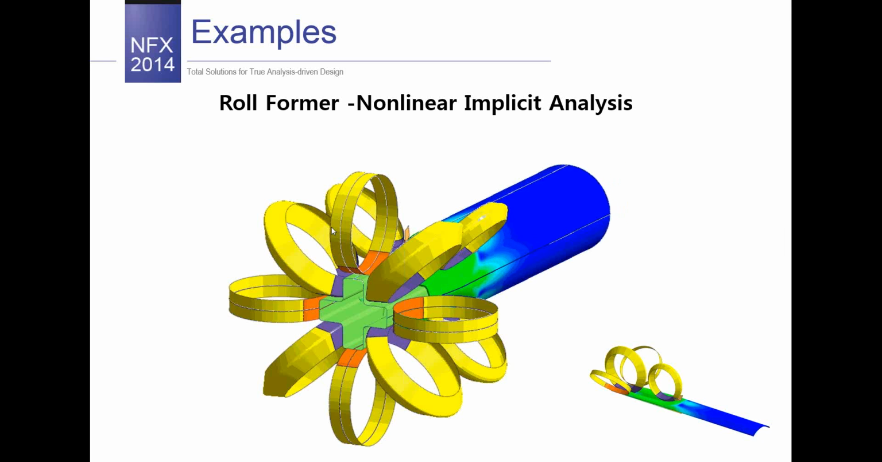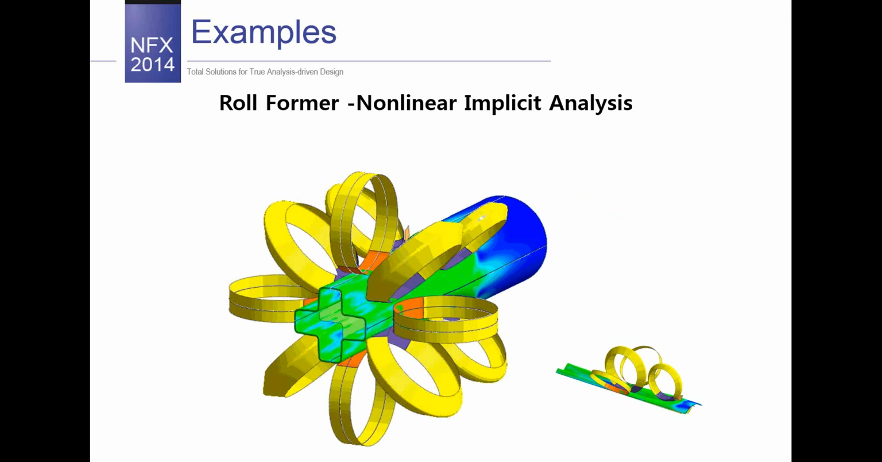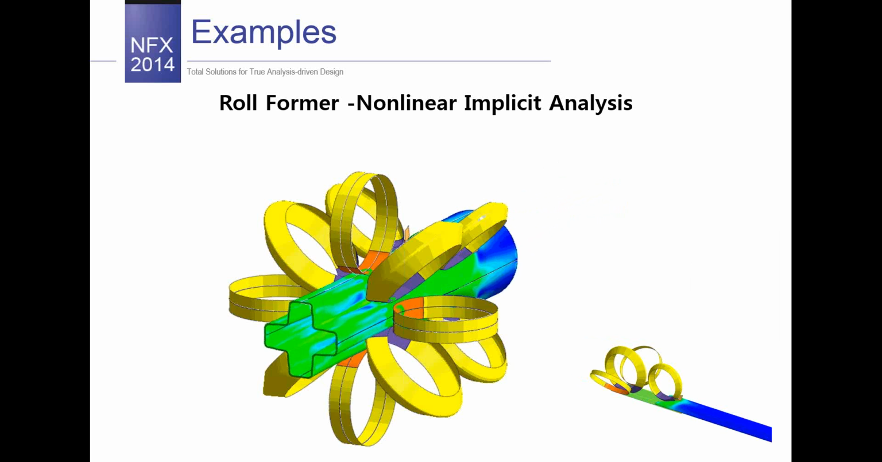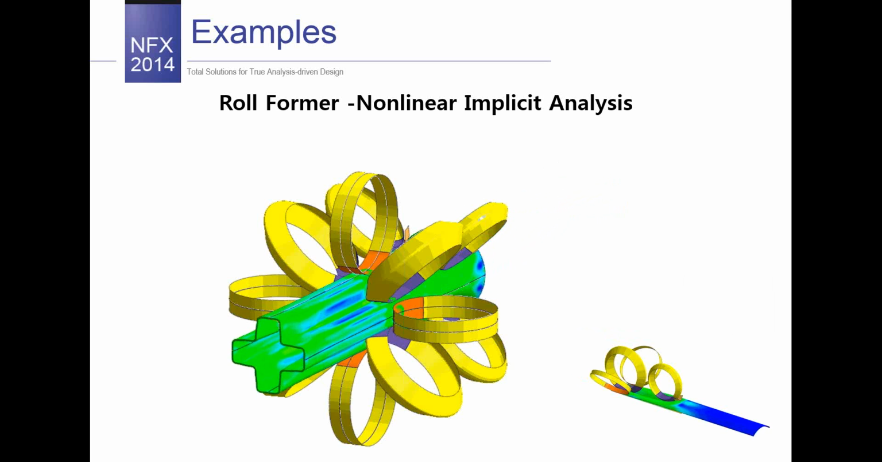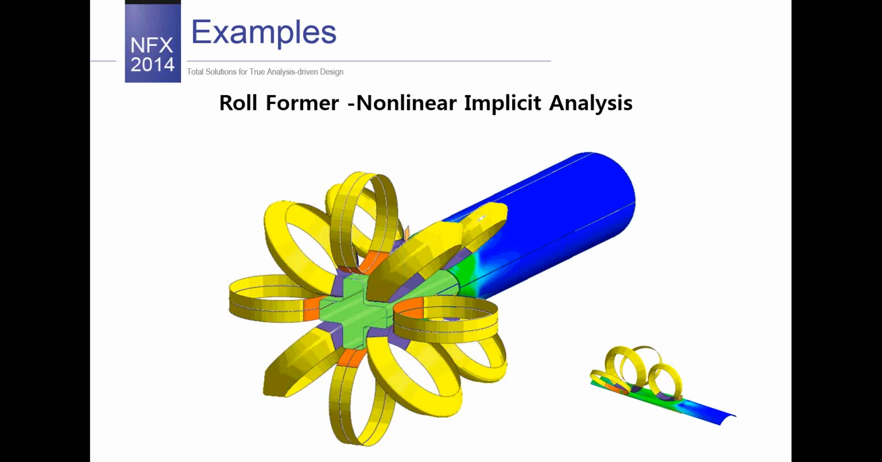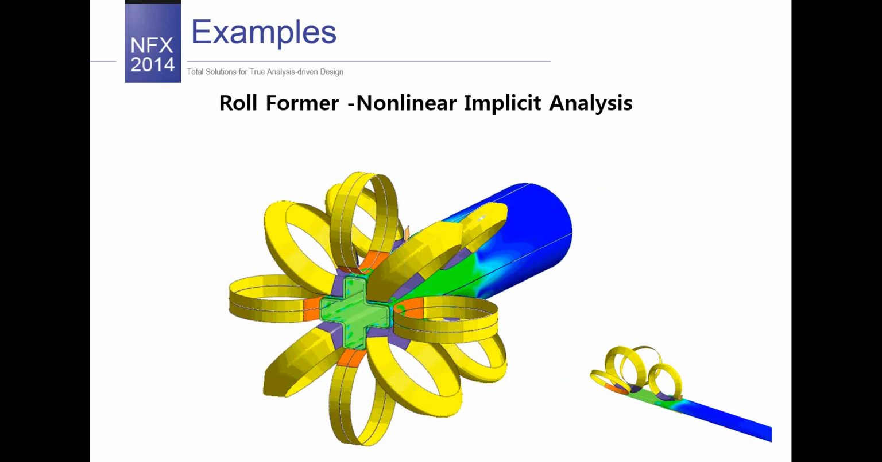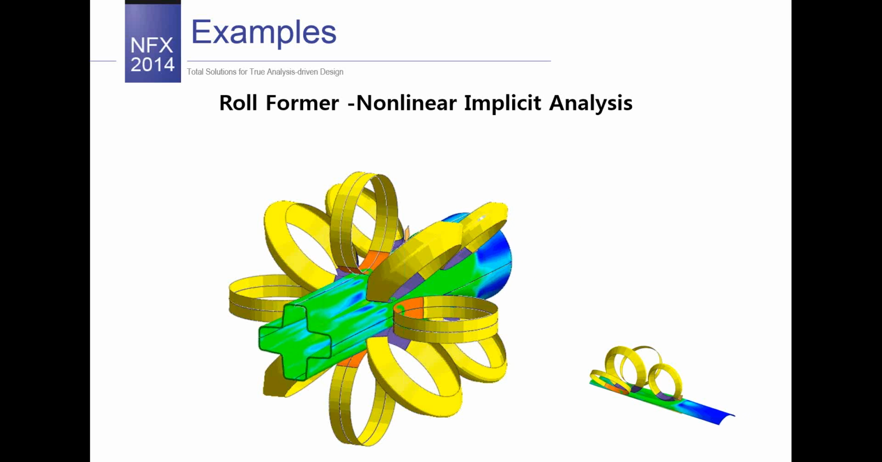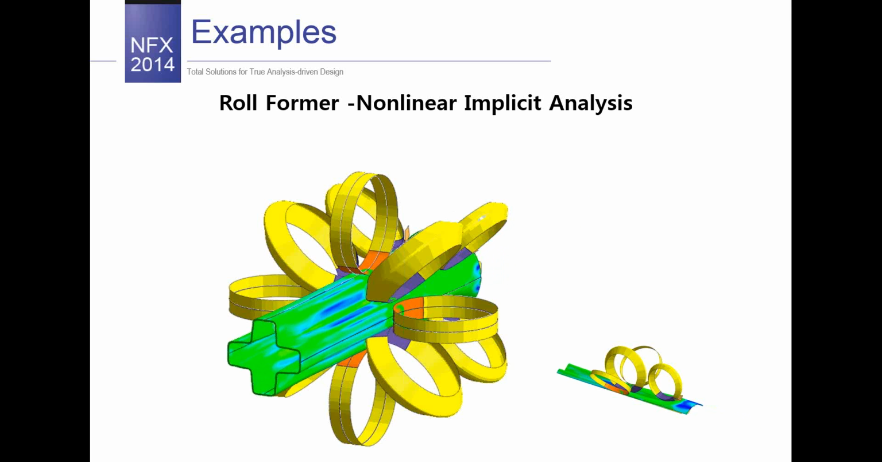But for some cases we can use this actually in terms of modeling material nonlinearity. We can use all of these methods to simulate a lot of classes of problems. So in this case you see the roll former, and this example has been made for nonlinear implicit analysis, and I think you